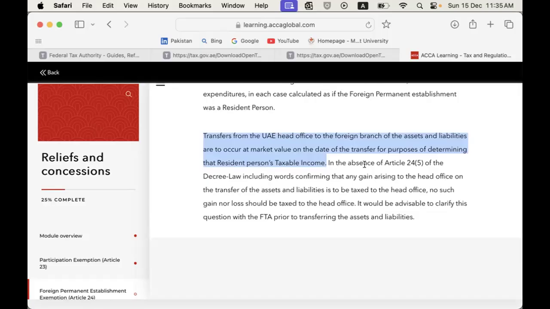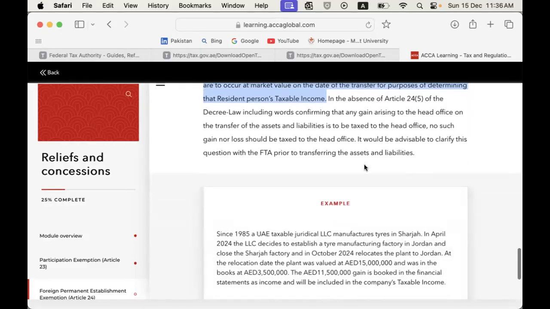So these two methods, either the exemption method or the tax credit method, are a subsequent stage. Do you know what the first stage is? The first stage is that during the course of the year, all the transactions that we did with the foreign permanent establishment, we need to ensure that they are carried out at arm's length. This compliance does not care what choice we are opting for, whether the tax credit method or the tax exemption method. The arm's length principle is above and beyond that. It is mandatory and there is no exception to this rule. So the transactions must be at arm's length.